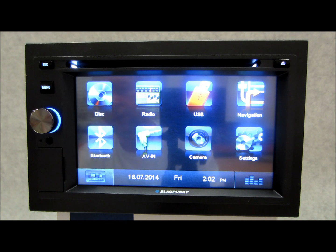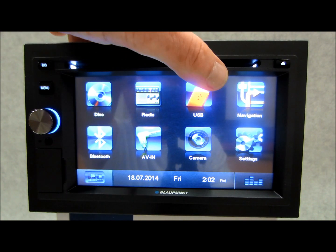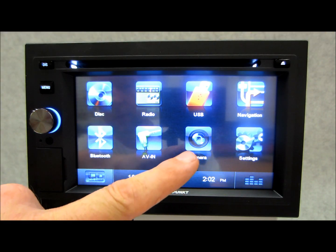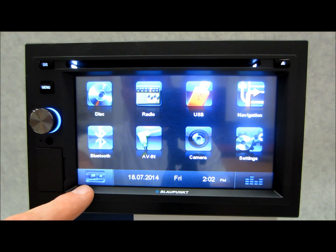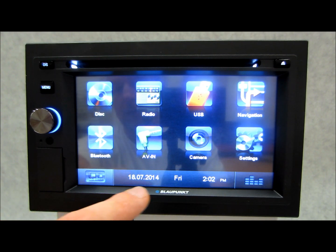Here we are at the home screen of this unit. You can see we have our main source icons for the disc, radio, the USB, which is here of course, your nav, your settings, camera, AV input, and Bluetooth. You have your rear zone setting right here, and on the bottom, like the Europeans always like the ergo style,